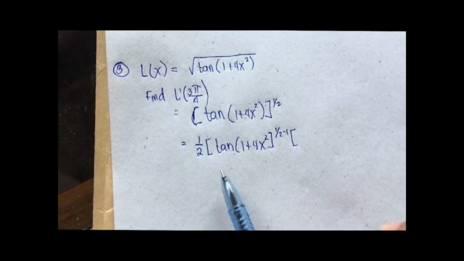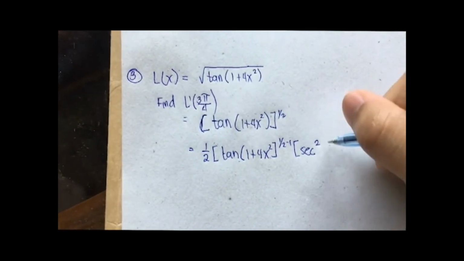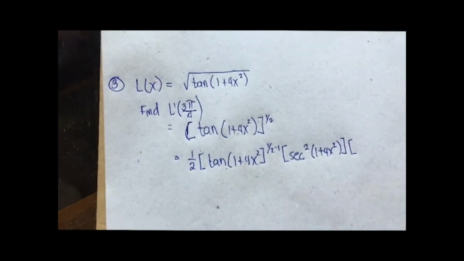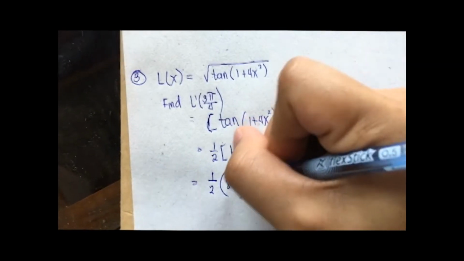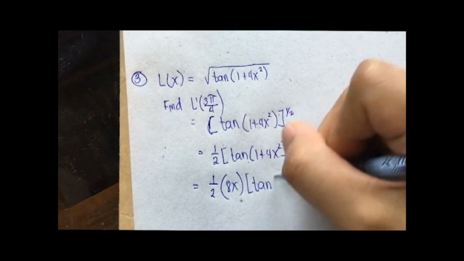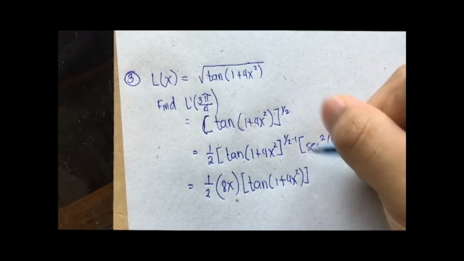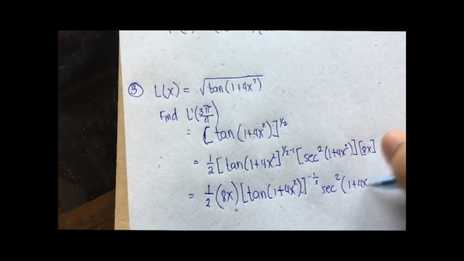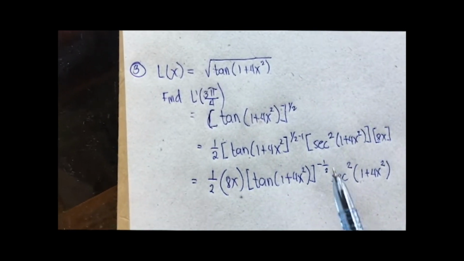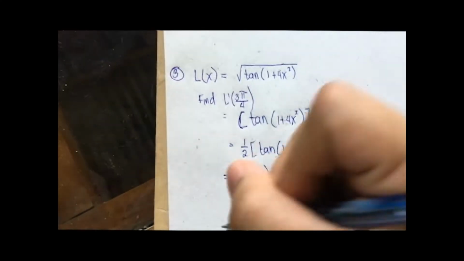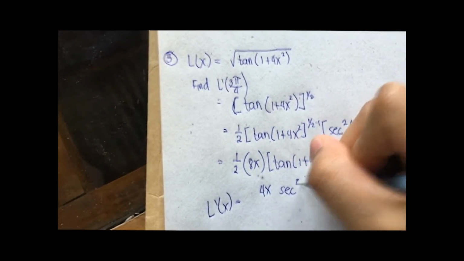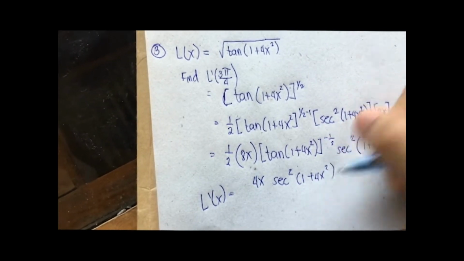Then, what is the derivative of tan? We have secant squared. Then copy the base. And lastly, the derivative of 1 plus 4x squared, we have 8x. So, arrange: 1/2 times 8x times tan(1 plus 4x squared) raised to 1/2 minus 1, which is negative 1/2, then secant squared of (1 plus 4x squared). Of course, we're going to take the reciprocal of the negative exponent. 1/2 times 8x is 4x. So you have the L prime of x now: 4x secant squared (1 plus 4x squared) over